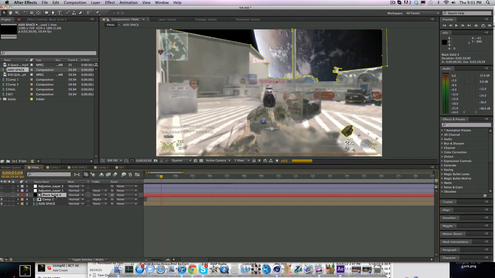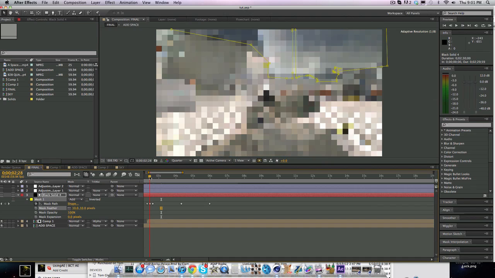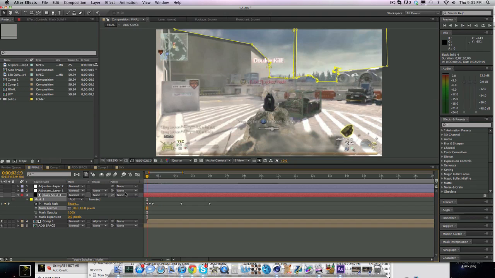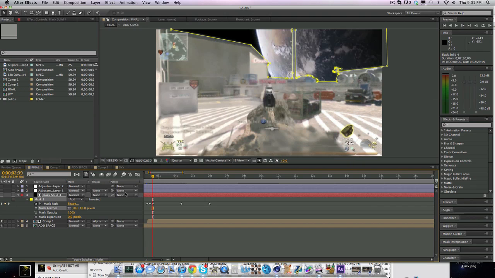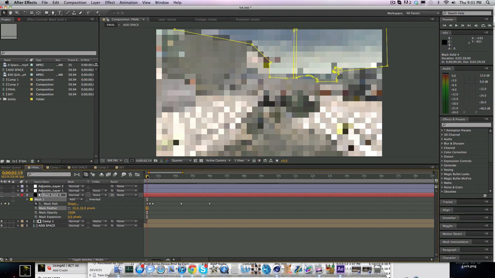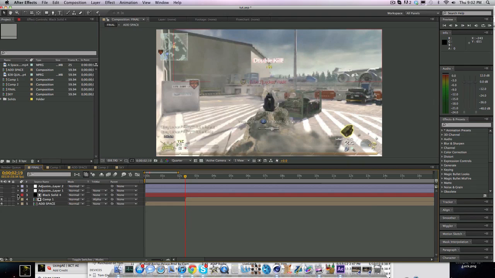You can go to your mask and then bring the feather up to 10. Just make it more smooth, less rigid on the edges. And yeah, those are my keyframes. That's where I changed it. Keyframe it at the beginning, right where you made your mask, and then just keep going and change it whenever you feel like changing it. The more you change it, the better. The more keyframes, the more accurate it'll be, but I just don't have the time to make a ton of keyframes. So yeah, it'll come up like this,